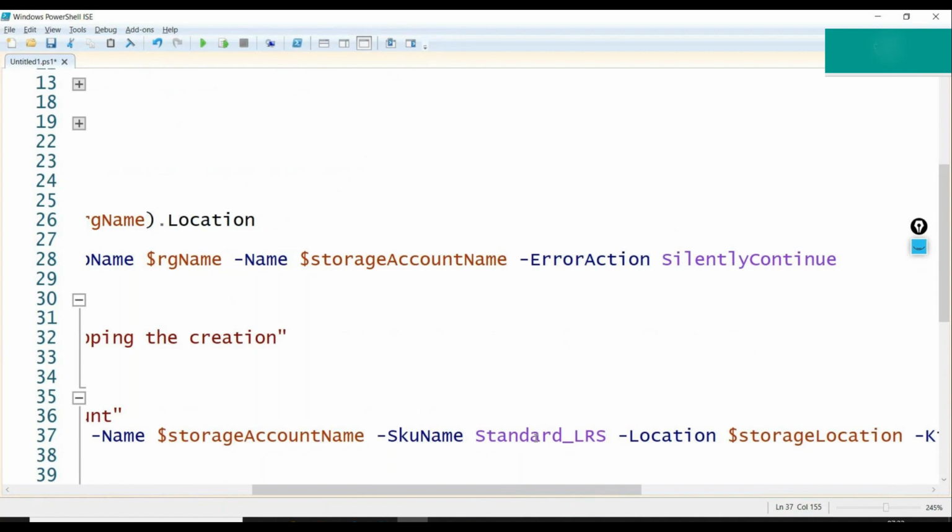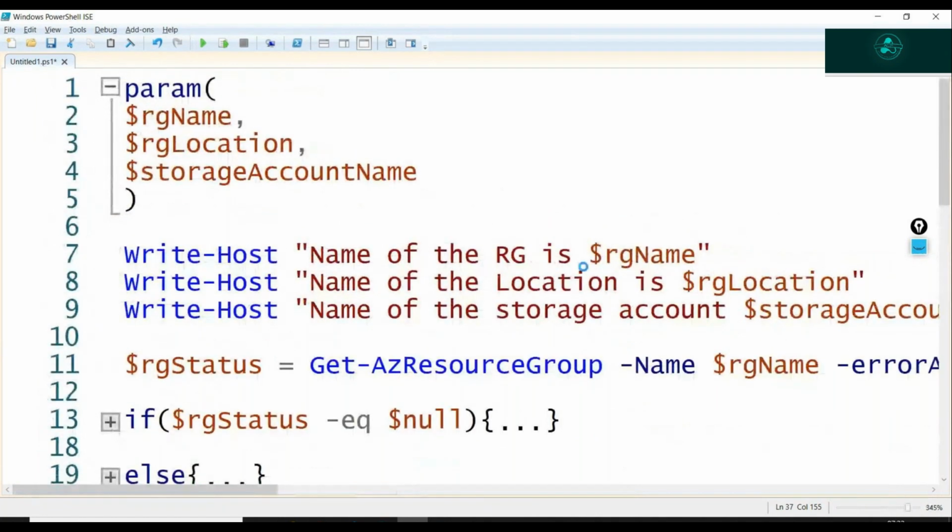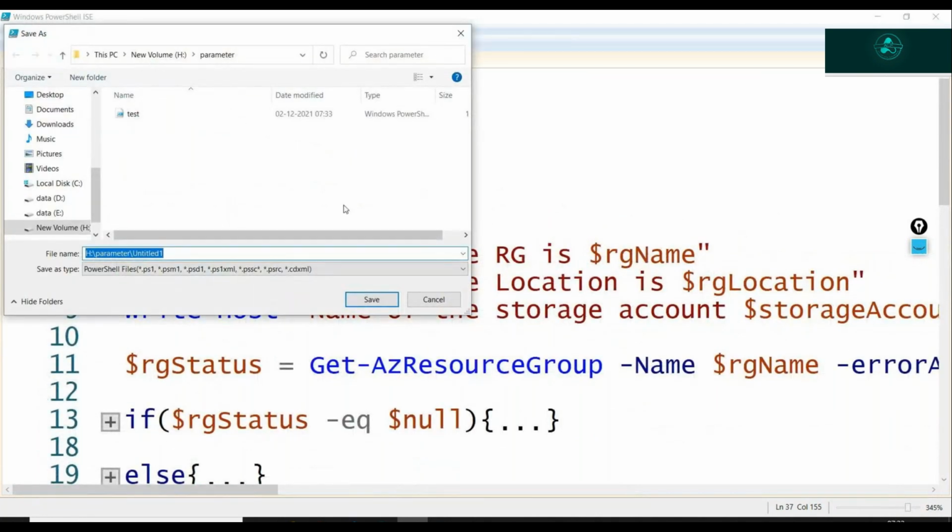Whether it is standard LRS or premium LRS, GRS, whatever it is, I'm giving the replication out here. So what I'll do right now is save this file. Okay, it just got enlarged. I'll say storage account create